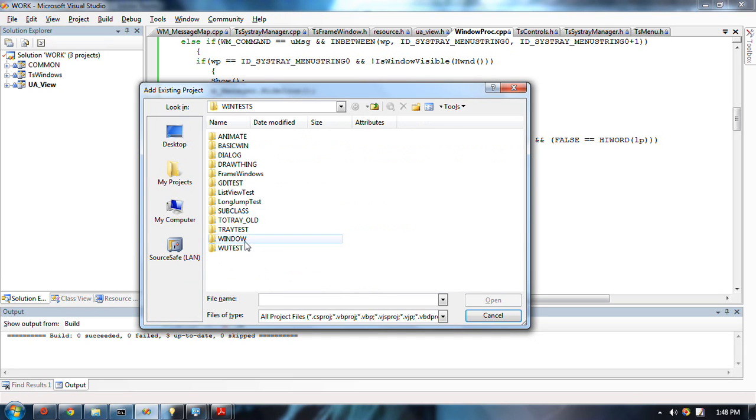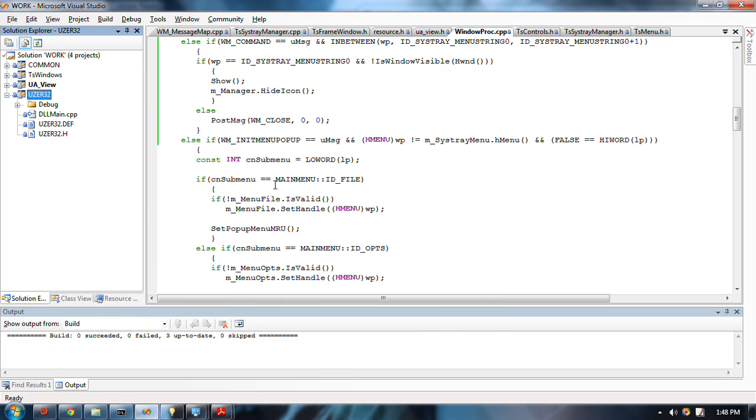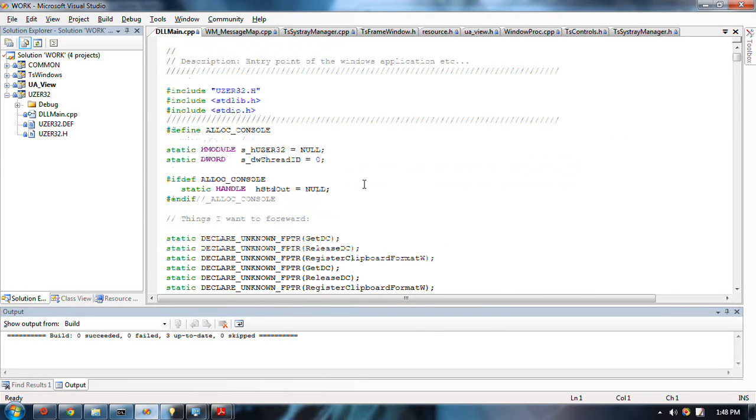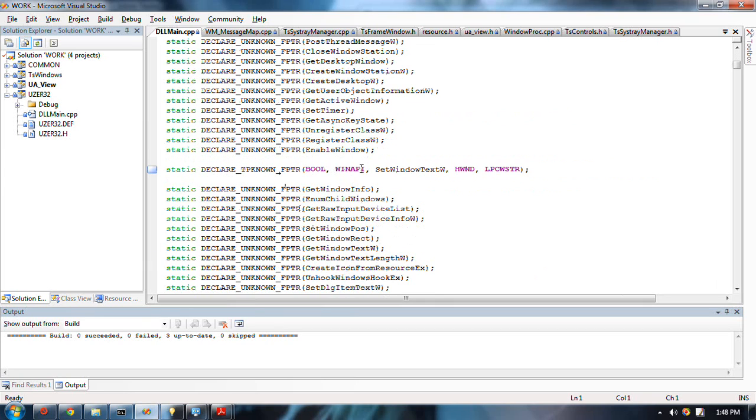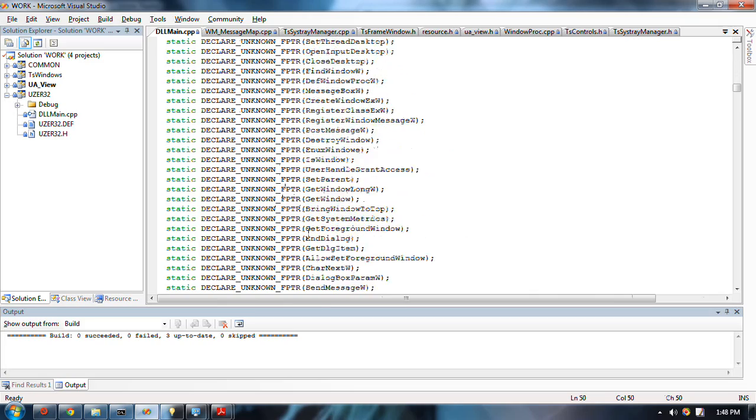I thought I could get away with maybe write window text or something. I call it user32 with a Z. And I only defined one function, SetWindowTextW,